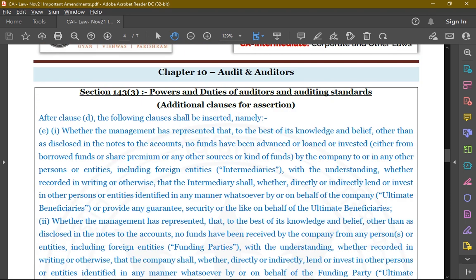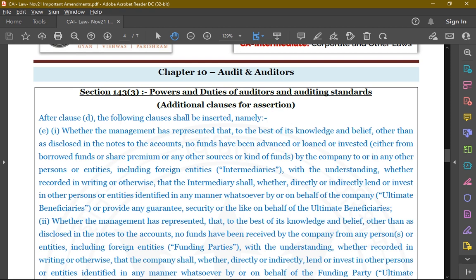Next amendment is about chapter 10, Audit and Auditors. So most of the amendments which have taken place over here are under section 143 subsection 3. What is 143 subsection 3? It provides the auditor certain responsibilities to report on certain matters. You know, whether books of accounts are properly received or not,